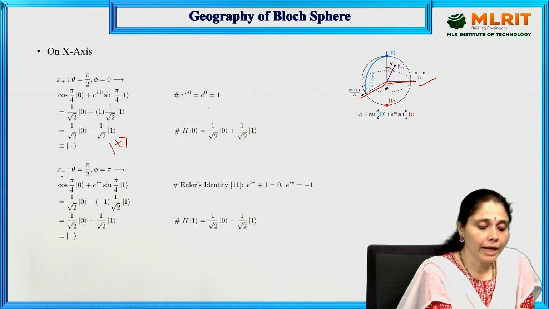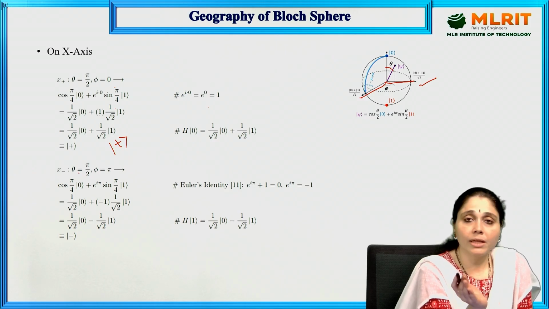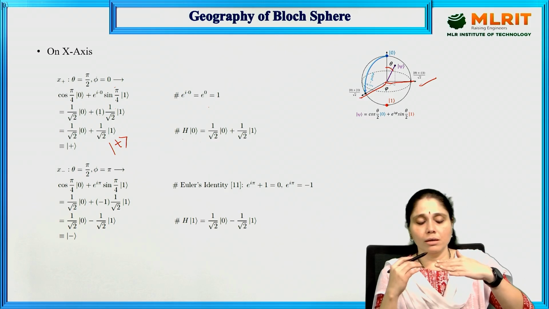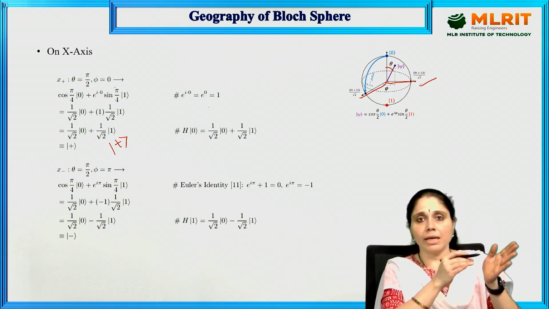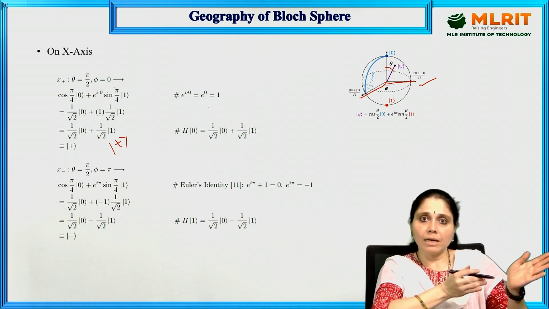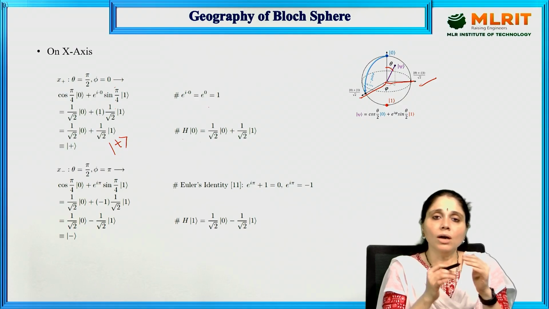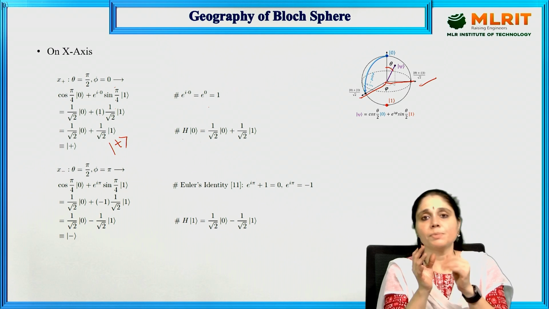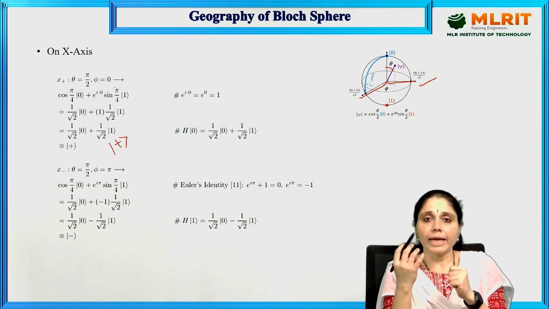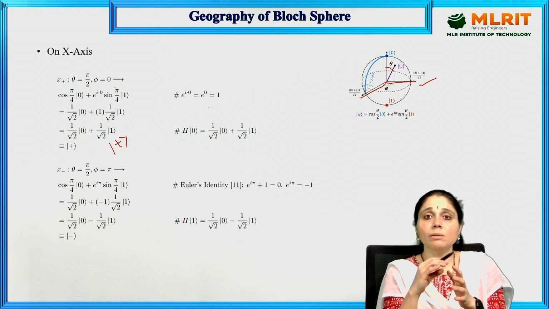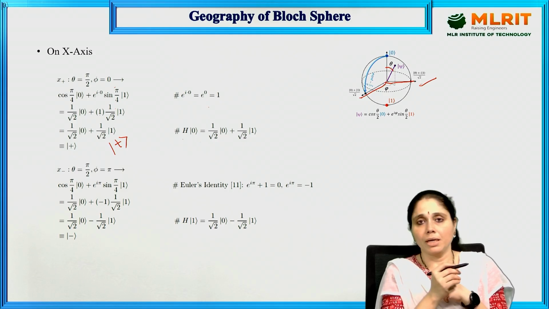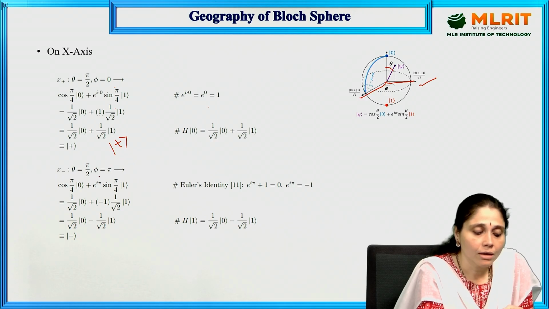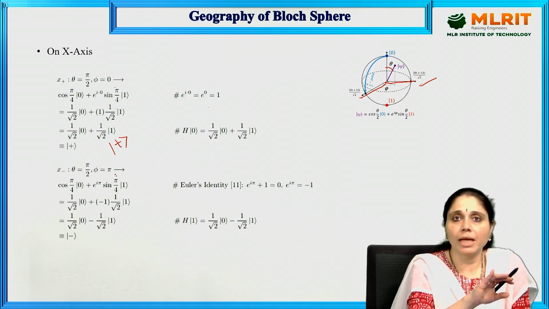Okay. Now ket x minus is in the opposite quadrant around the circle. So we'll get x plus, x minus, y plus, y minus, z plus, z minus. Like that, we'll have the total configuration within the sphere. Total configuration means total gates, or total quantum systems, will be represented within a Bloch sphere here. So x minus is theta equal to pi by 2, phi equal to pi. A phase change will be there, a phase change of pi.